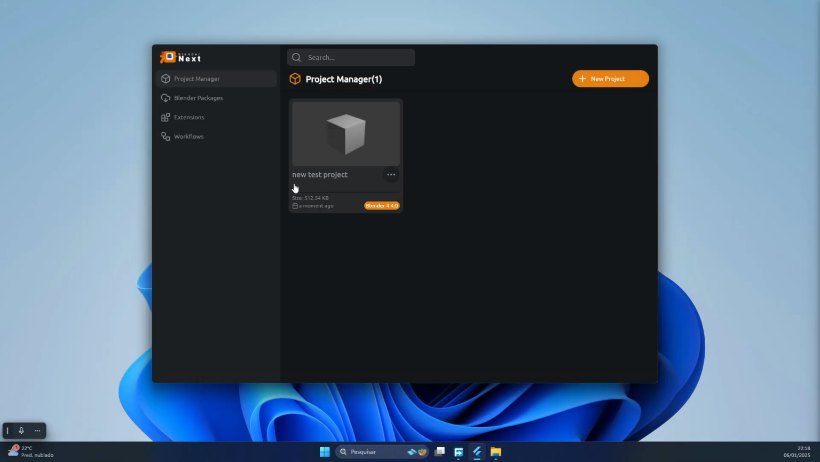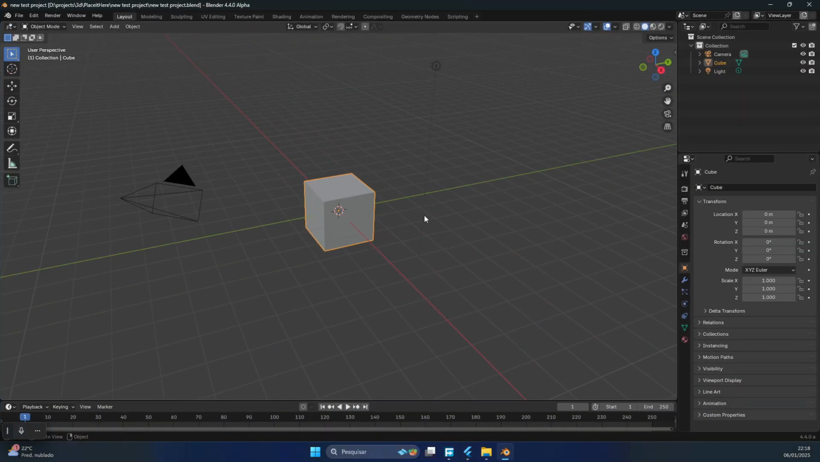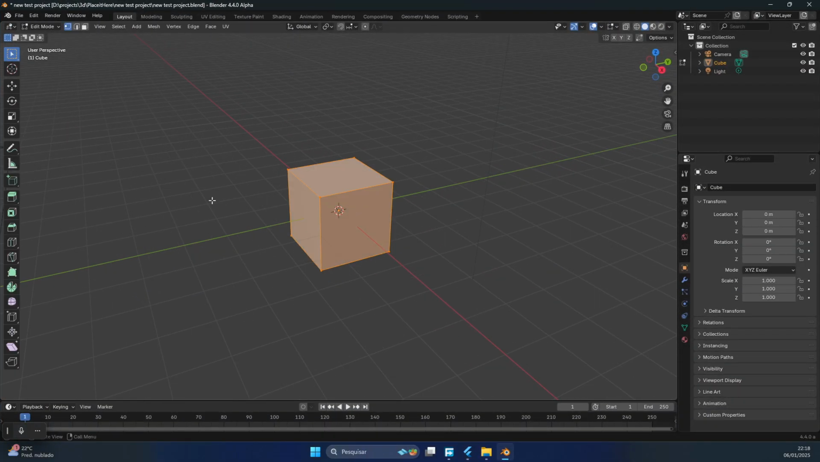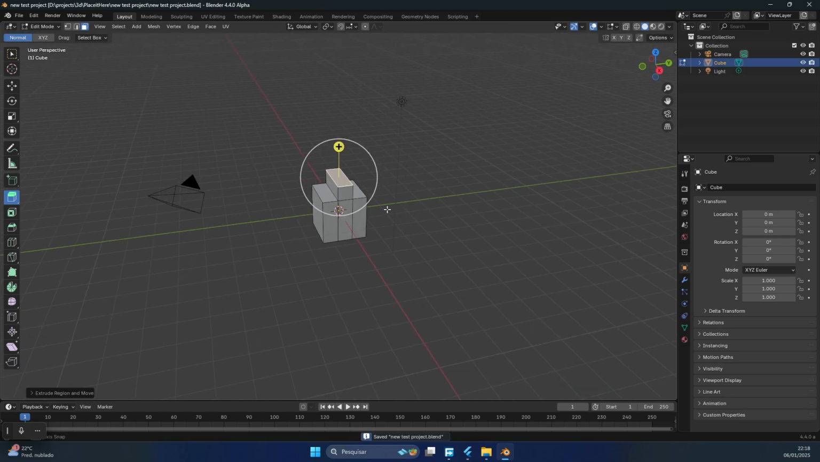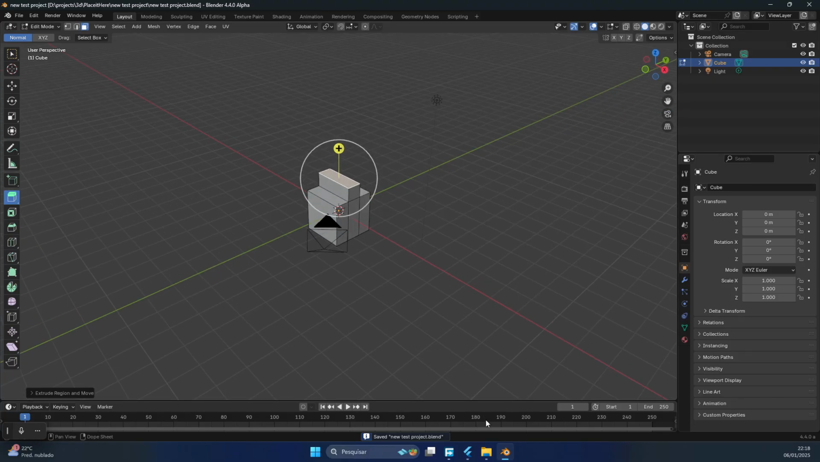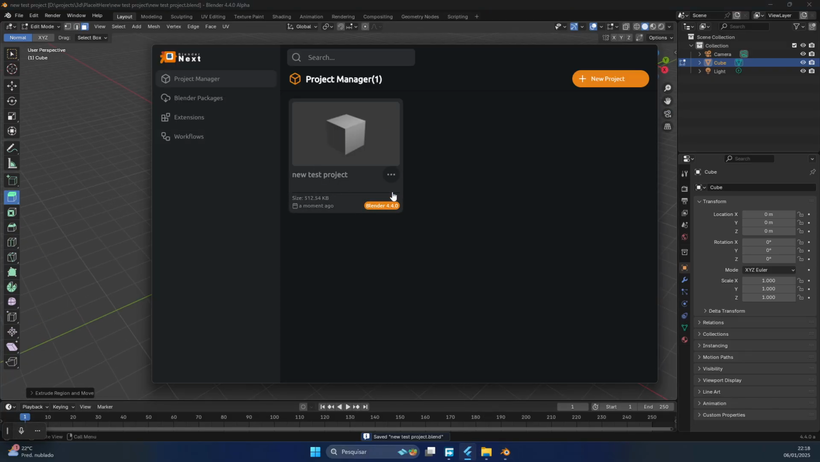So this is something that you can do. And to open your project, you just need to click it, and it will open Blender with this project. So if I do some changes here, like let's say something like this, go here and save this project. So as you can see, the thumbnail is not updated, but you could manually refresh the